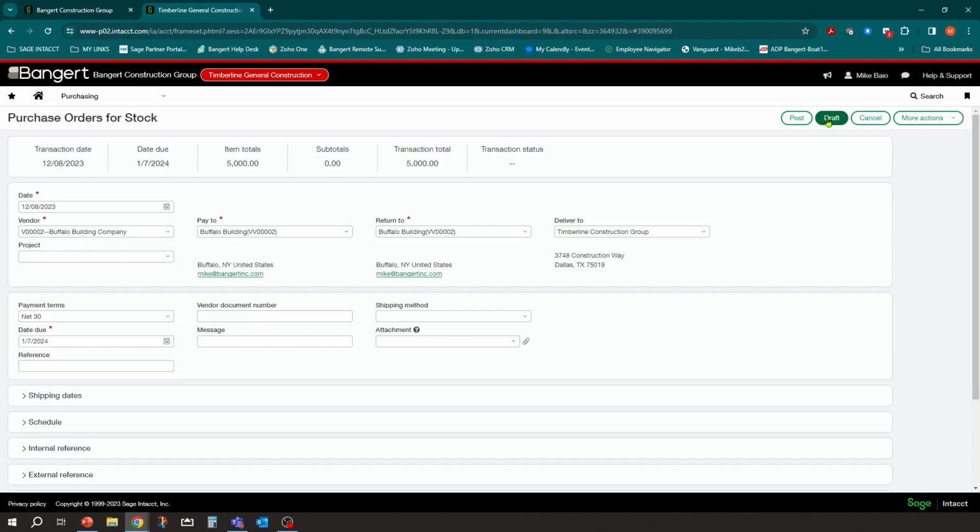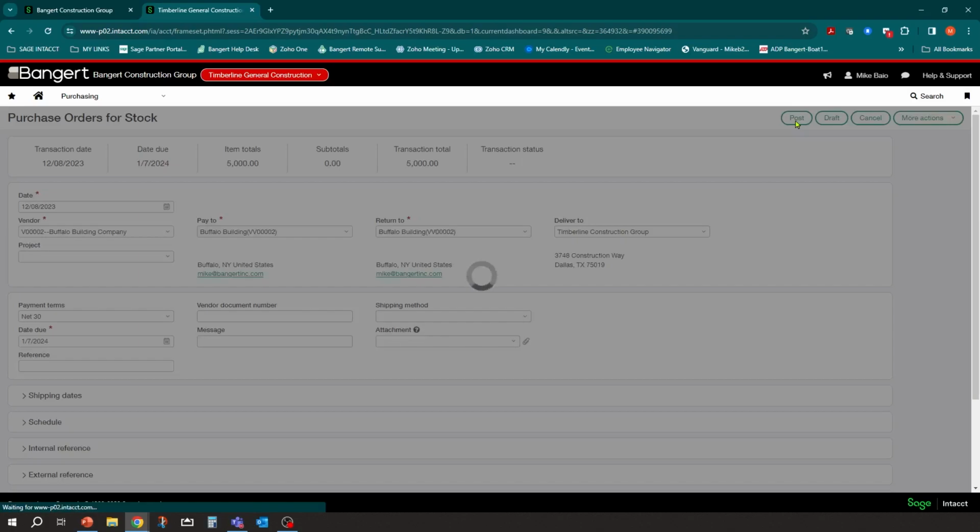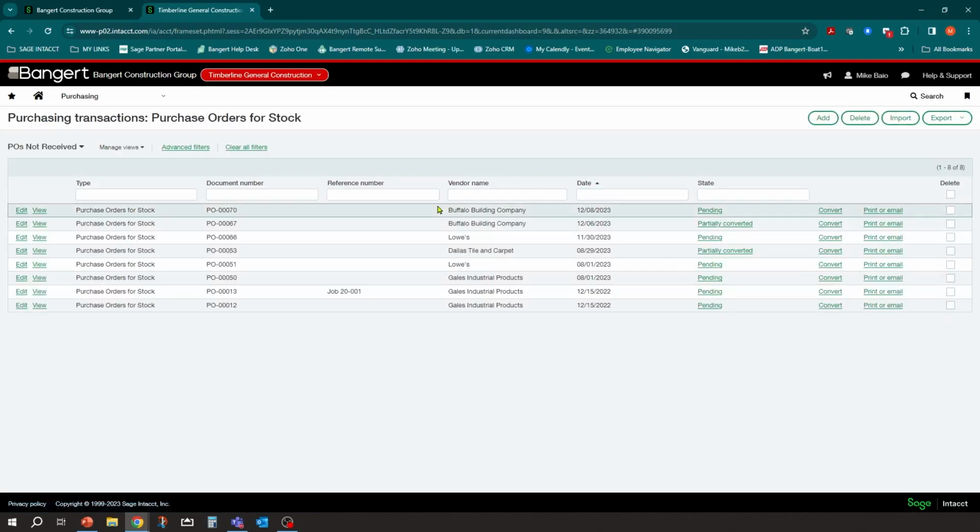It's not going to post any of those transactions that we set up in the transaction definitions until we click post. Now, when you click post, that can trigger a couple of things. Number one, it can trigger the posting of that transaction into the system. It can also trigger an approval process.